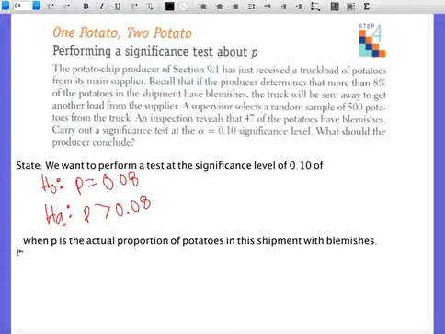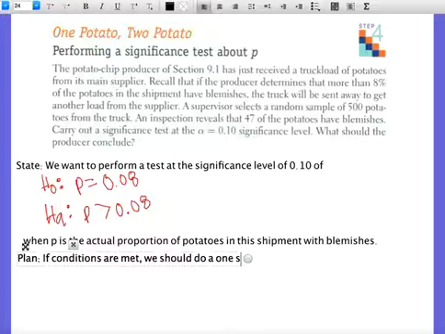Next, the second step is to plan. When we plan, remember we're going to check to see if the conditions are met. So we say if conditions are met, we should do a one sample